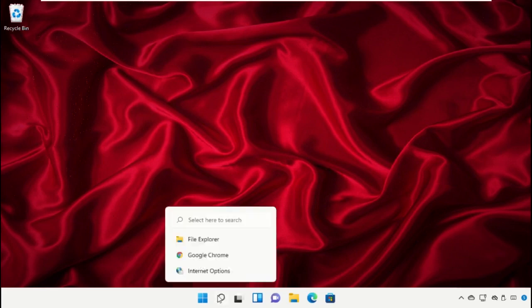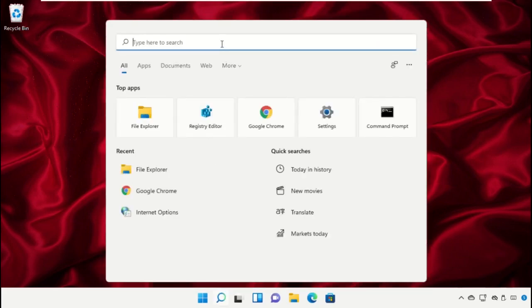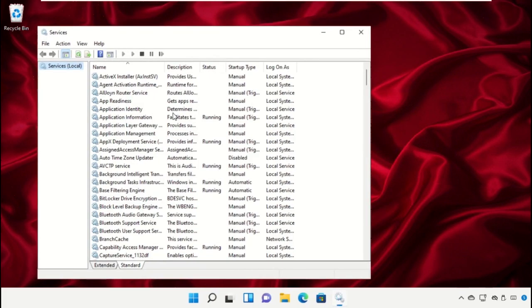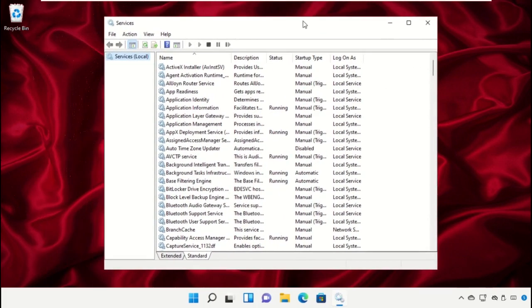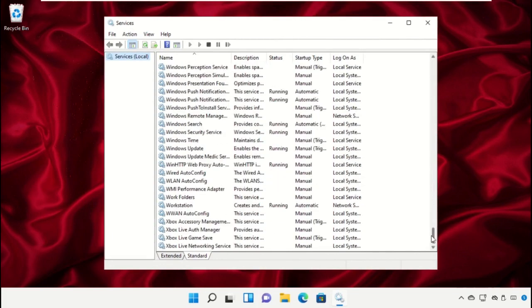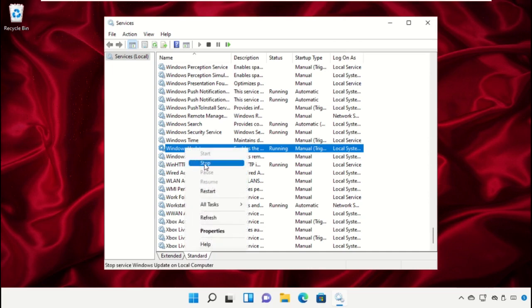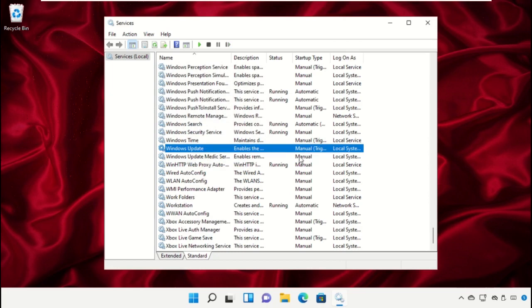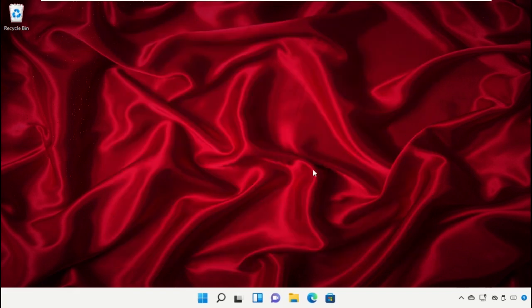Click on search bar and type here services, then click here to open it. On this window you need to just scroll down and search for Windows Update, right click on it and click on stop. Now close this window and go to the next step,